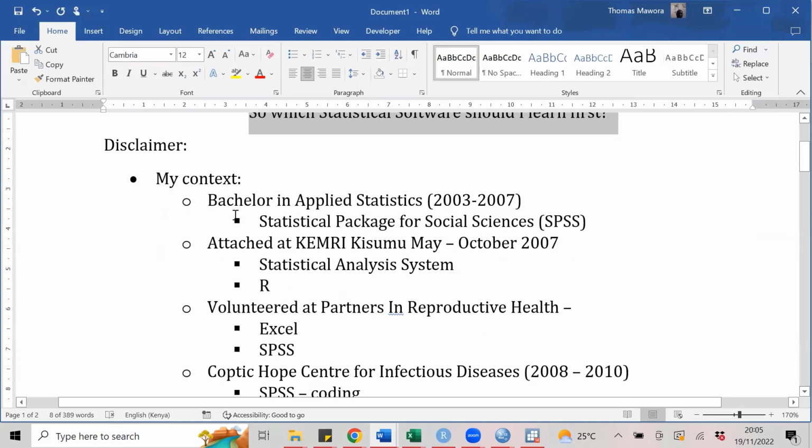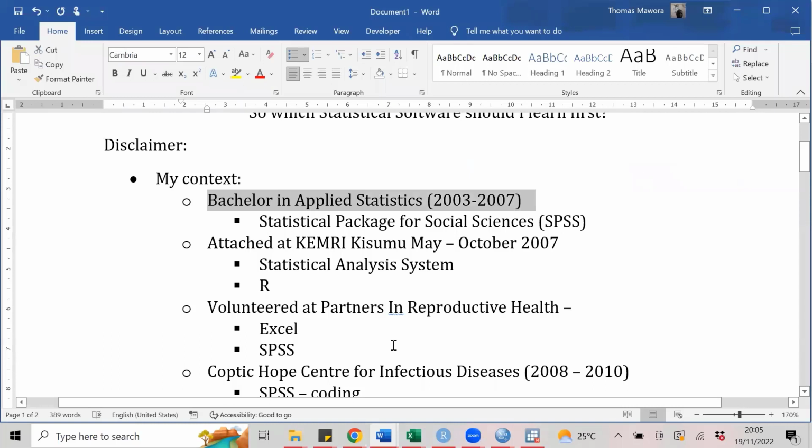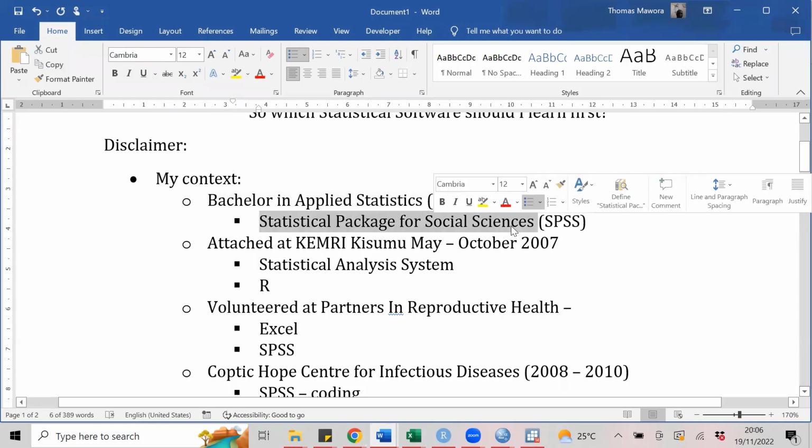And for this, I have to put a disclaimer again, and the disclaimer will be my background, because this is mostly from my own personal experience, not necessarily from other people's personal experience. My background is, I was, of course, an undergraduate in that period, 03 to 07. During that time, the only statistical packages I learned, there were two.